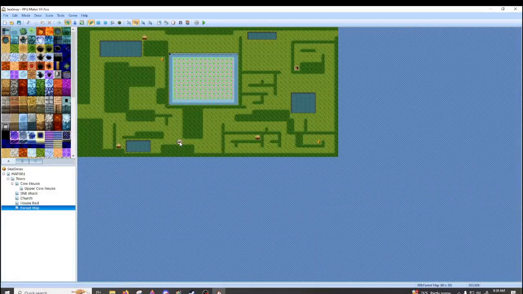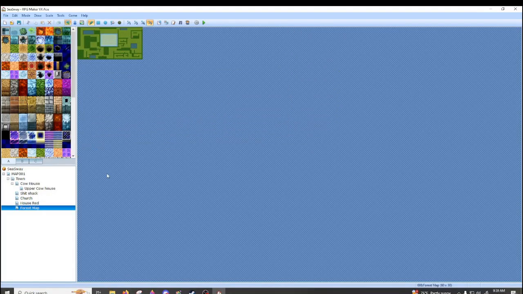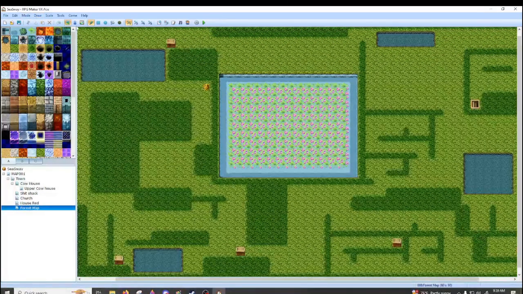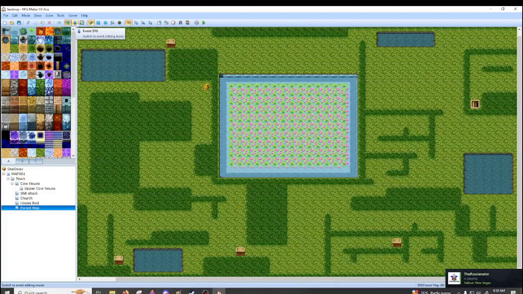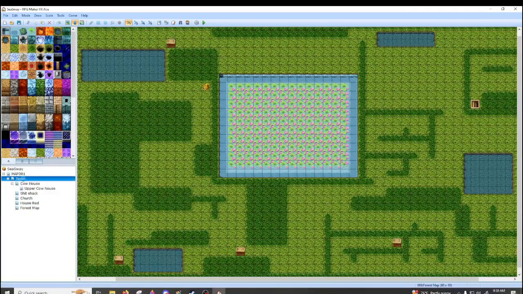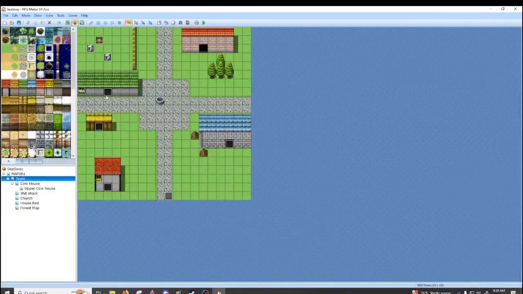Here is 1:2. It's quite large. If your map is so big and you have to go 1 to 8th, that's how small it'll be. Anyway, so your modes go from Map to Event, which you can actually add NPCs. So let me go into the town map. Or you can actually set it so that you can...